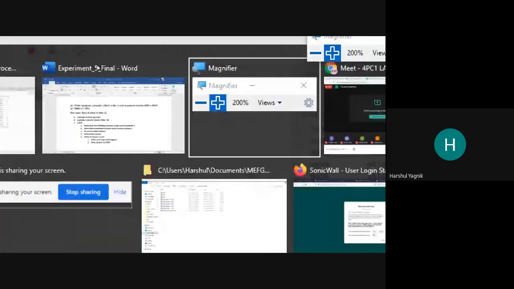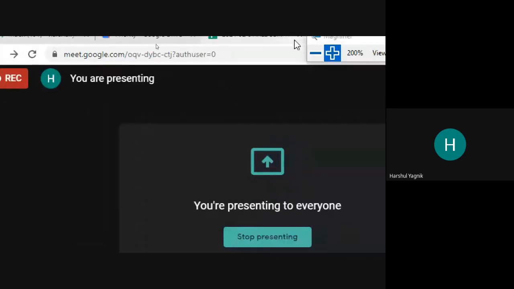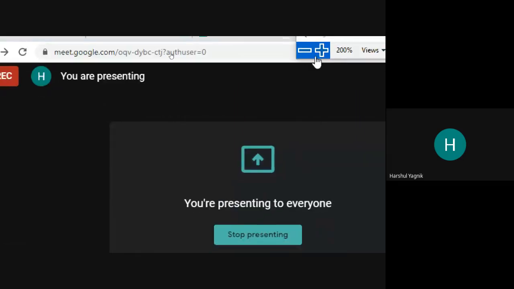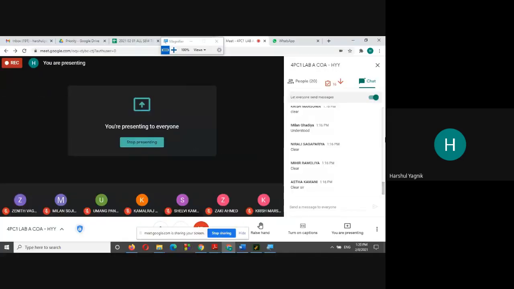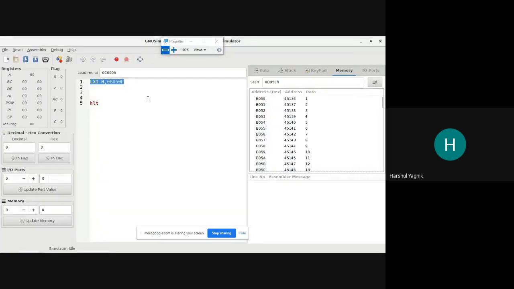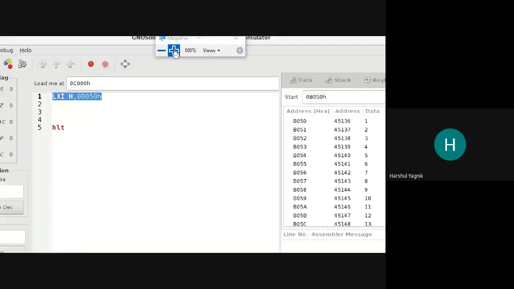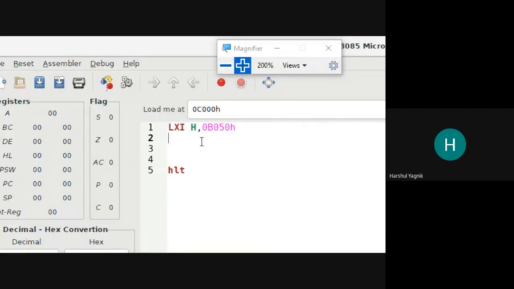Why not BC register pair or DE register pair? Because HL is the default memory pointer, and we can then use the MOV instruction to read the data from memory to one register.